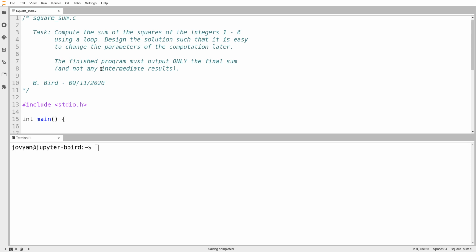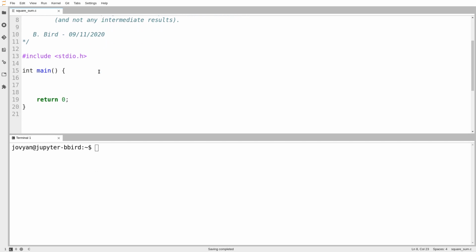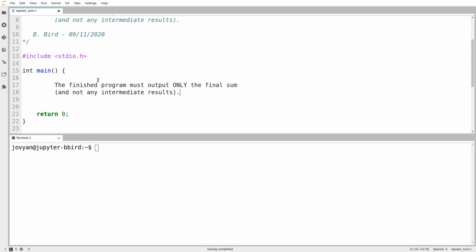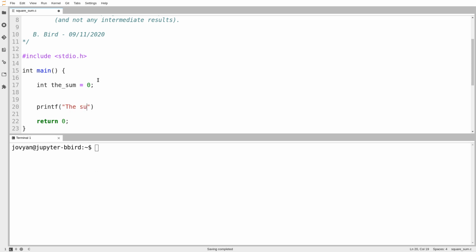And I sort of like designing this kind of solution from the outside in. So I know that, okay, that's very nice. It pasted that for us, just to remind us in case we'd forgotten. I know that I'm going to want to print out a sum at the end. So why don't I make a variable for it? Int the sum equals 0, and then somewhere at the end I will print out the sum is,